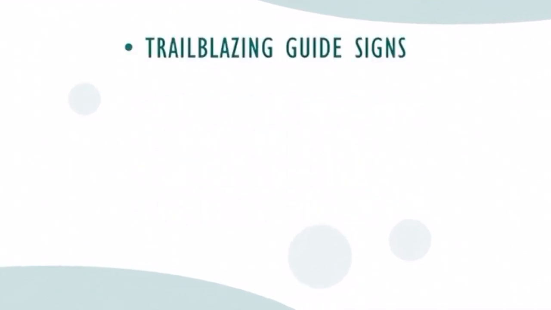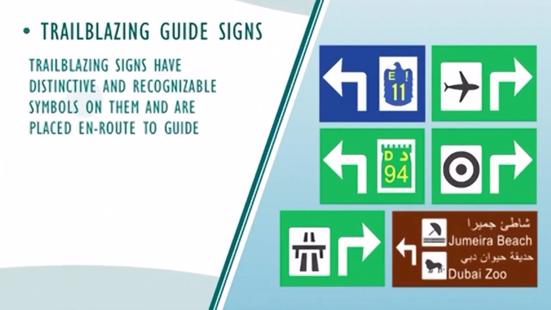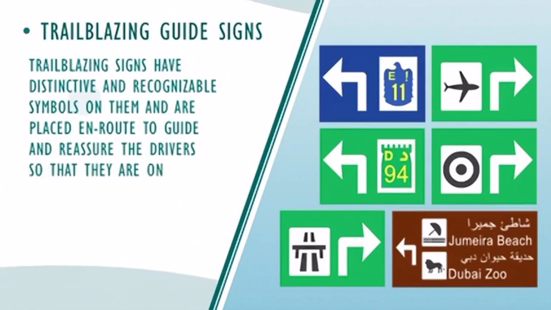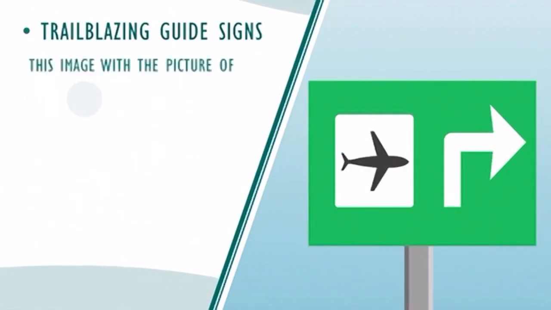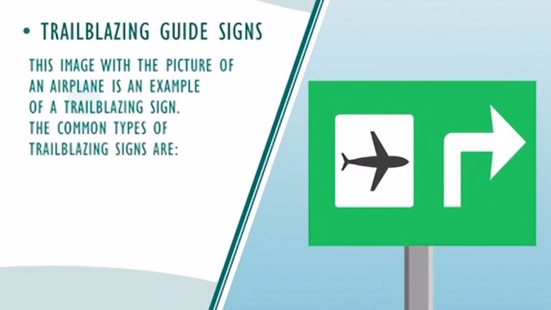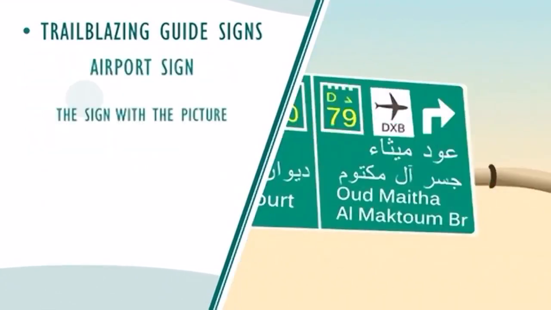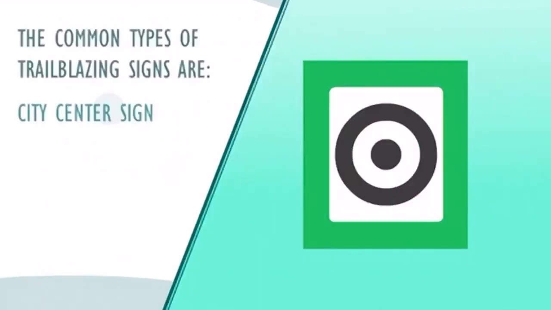Trailblazing guide signs. Trailblazing signs have distinctive and recognizable symbols on them and are placed en route to guide and reassure the drivers that they are on the correct road to reach their required destination. This image with the picture of an airplane is an example of a trailblazing sign. The common types of trailblazing signs are: the sign with the picture of an aircraft directs the motorists to the airport. This sign with a black circle and a dot in the middle guides the motorists to the central hub